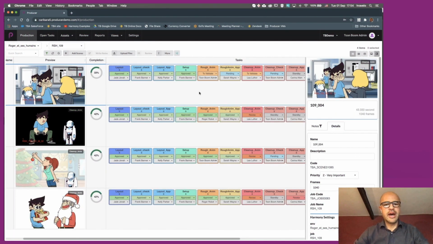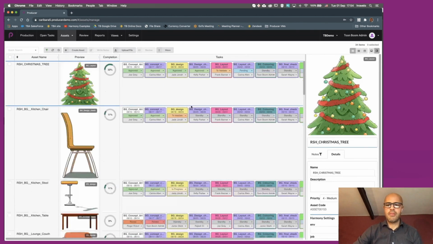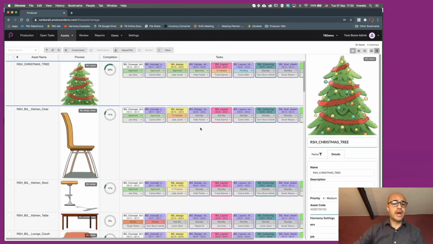Let's now have a look at how we can track assets within Toon Boom Producer. The Asset tab is over here, and we're first going to look at the Manage window. In here, it is pretty much the same as tracking scenes.